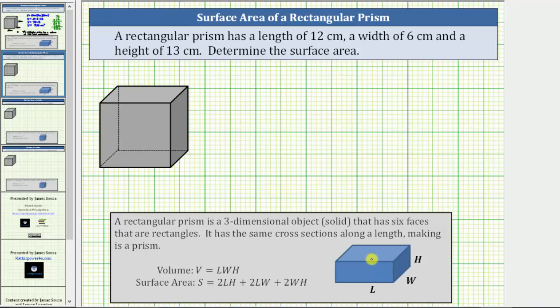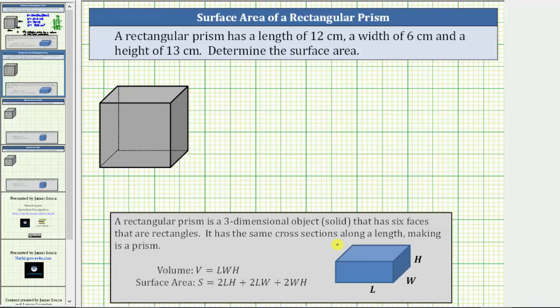The surface area is given by the formula S equals 2 times the length times the height plus 2 times the length times the width plus 2 times the width times the height. 2 times the length times the height gives us the area of the front face and back face. 2 times the length times the width gives us the area of the bottom and top face. And 2 times the width times the height gives us the area of the right face and the left face, which is the reason why this sum gives us the area of the 6 faces, which is the surface area